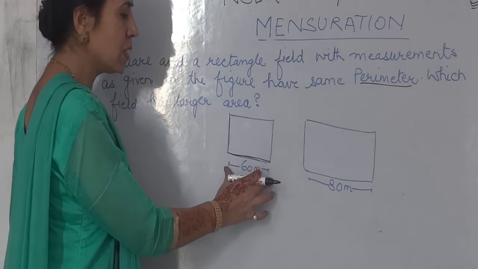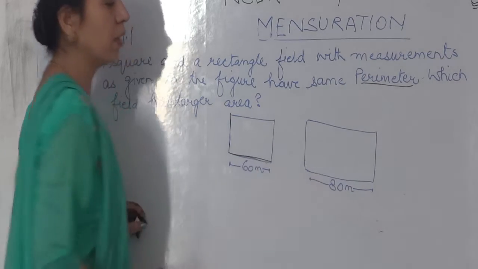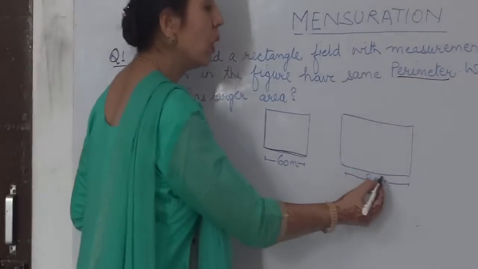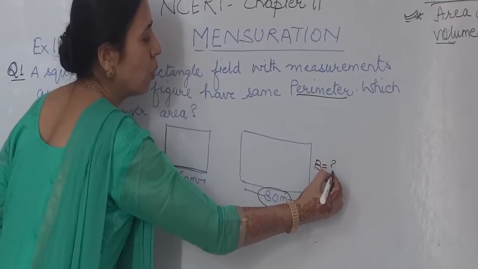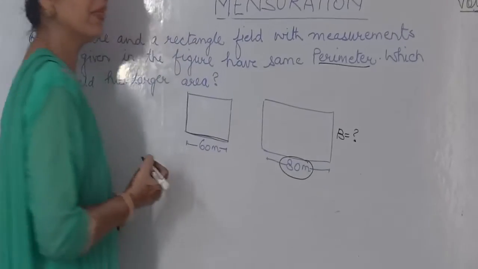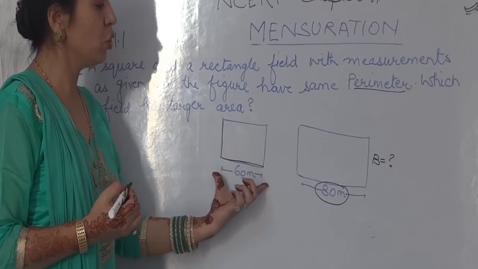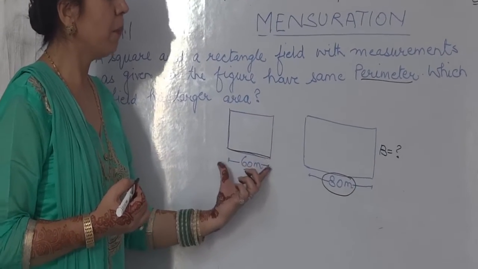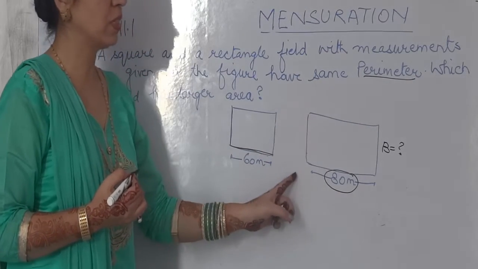That means with this side we can find the perimeter. Now look carefully at the rectangle. Here only length is given. Breadth is unknown. Can we find the breadth? Yes. Because once we calculate the perimeter of the square, that perimeter is equal to the perimeter of this rectangle